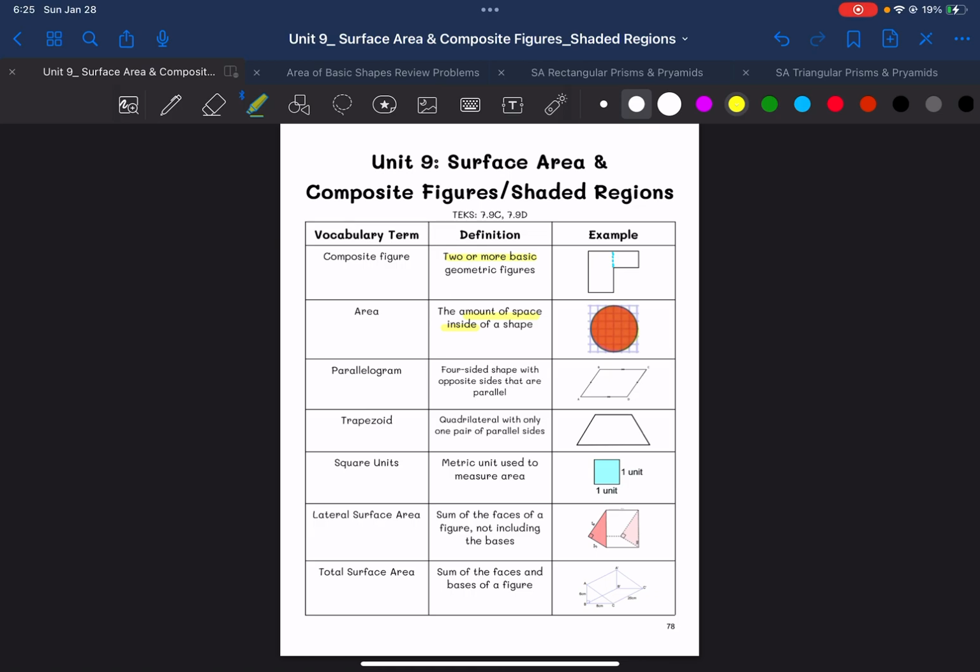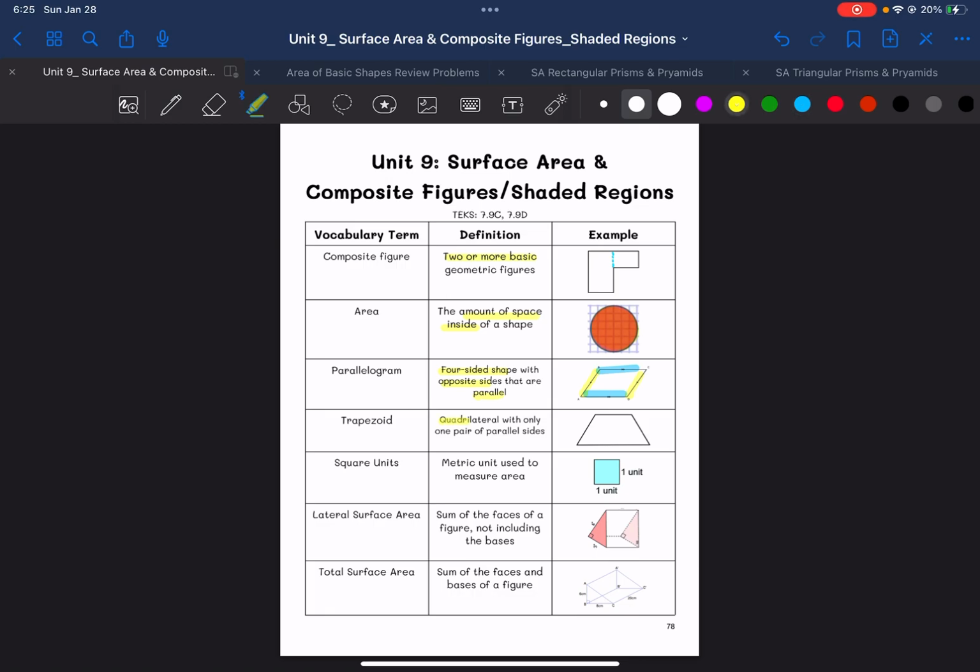Okay. Now, a parallelogram is a four-sided shape with opposite sides that are parallel. And what that means is that these two are the same and these two are the same. They're parallel to each other. Okay. And then a trapezoid